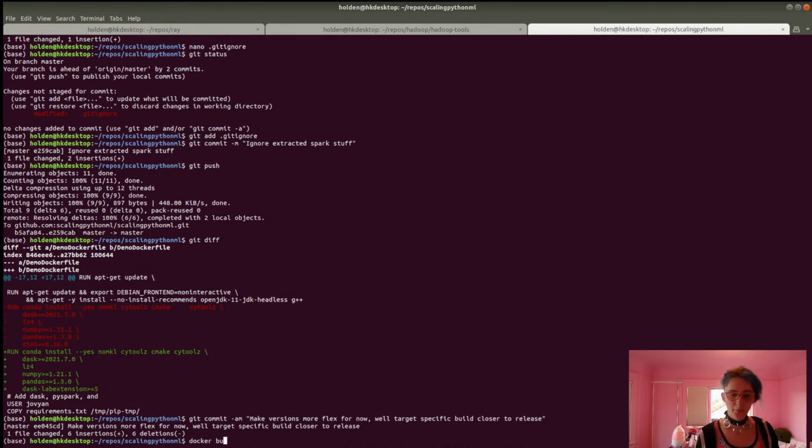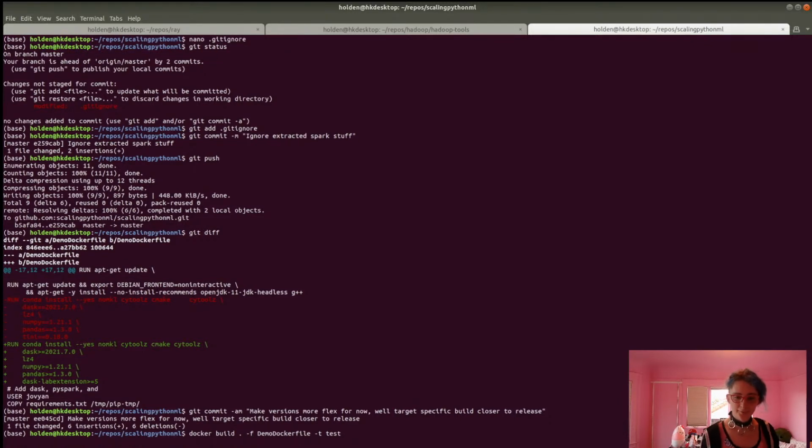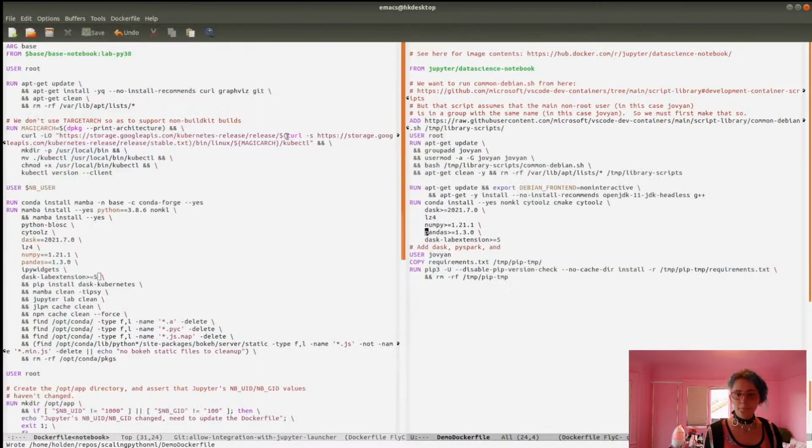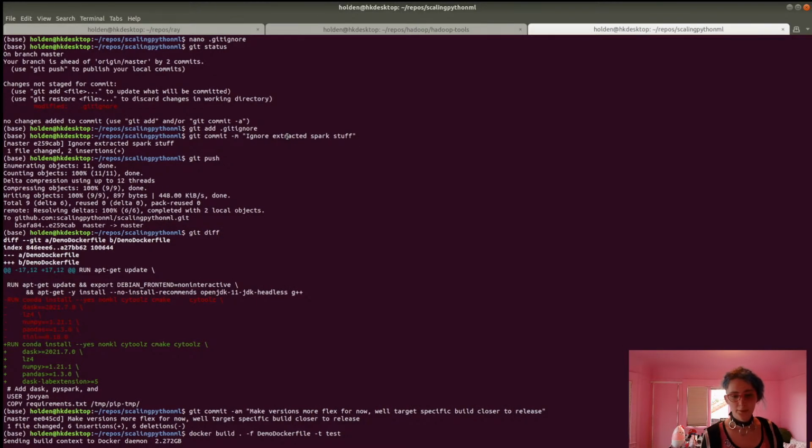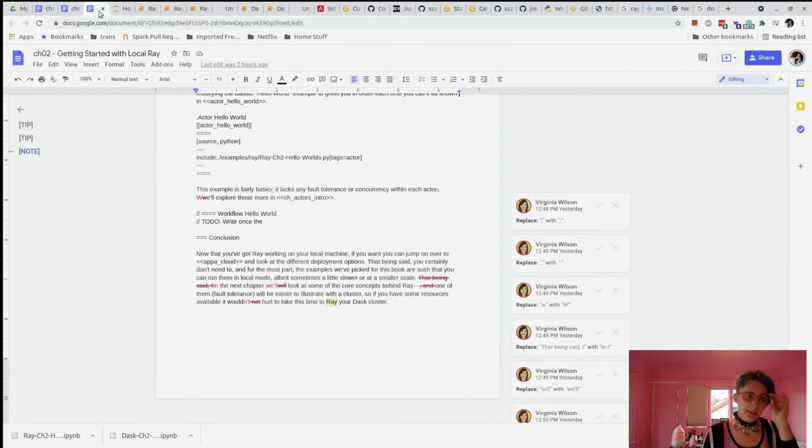I guess docker build dot dash f demo Docker file dash t test. Let's see if this builds. Yeah, okay, that'll take a while, but that's okay. While we're doing that, let's go back to